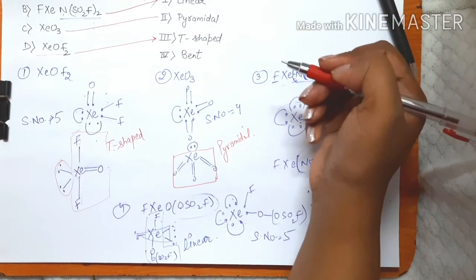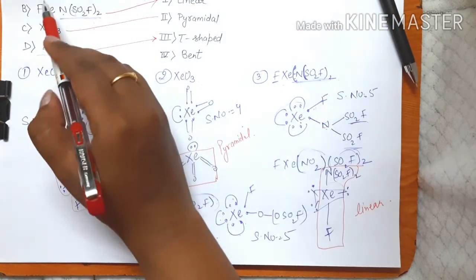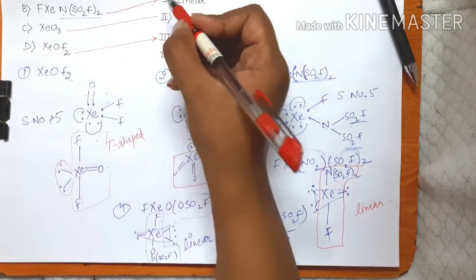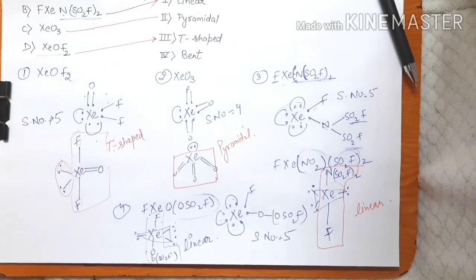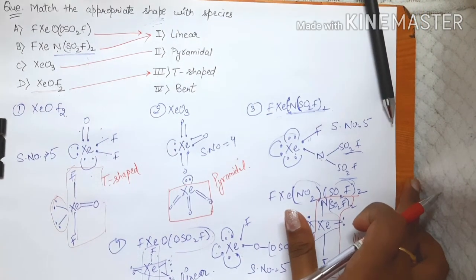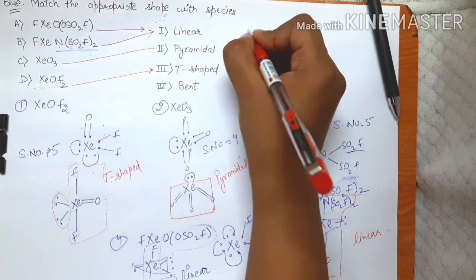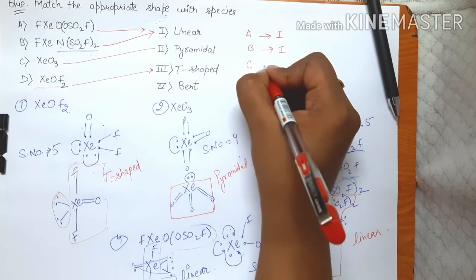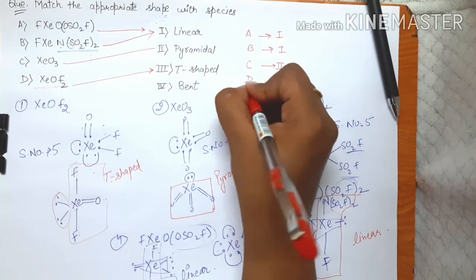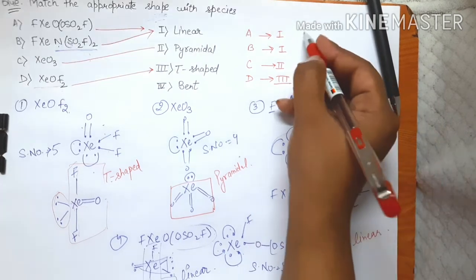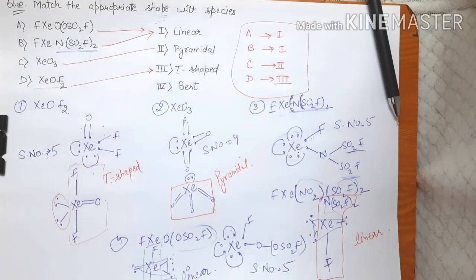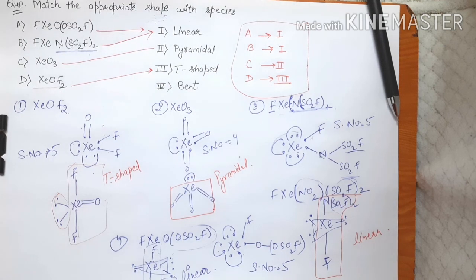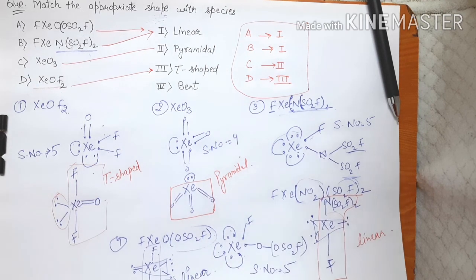So there were 4 options given, out of which one option was such that options A and B were matching with option 1. So this was basically the main aspect which we have to look for. Okay, so while looking for the answers, we have to match A with 1, B with 1, C with 2 and D with 3. So the option having these arrangements will be the correct option. Okay, so far we have discussed 2 questions. I think so far that's it for this video, and thank you so much for watching.